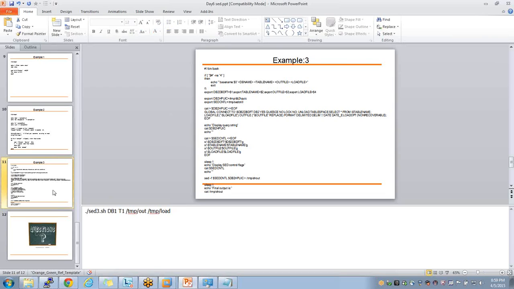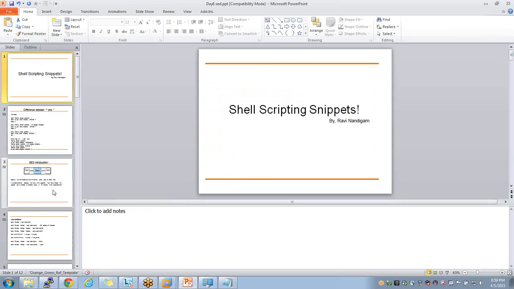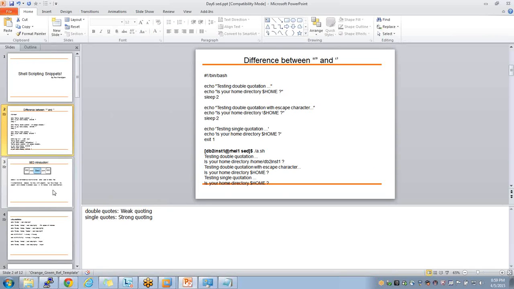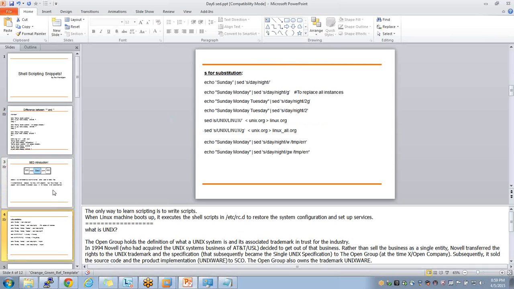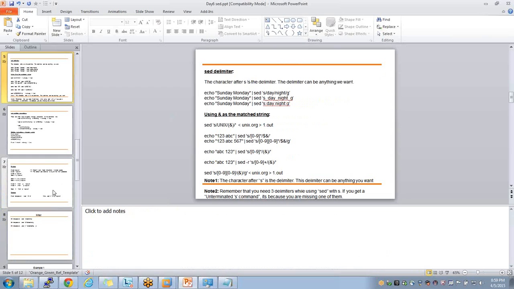So if I do a quick recap, we started with the single quotes and double quotes, the difference, strong quotes versus weak quotes. So how SED is different from VI? Because SED is non-interactive, VI is interactive. SED is stream oriented, VI is not stream oriented. Then we looked at S for substitution, and we looked at delimiter option.